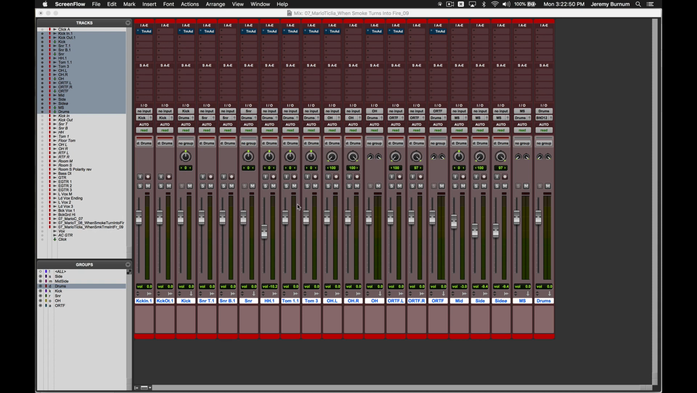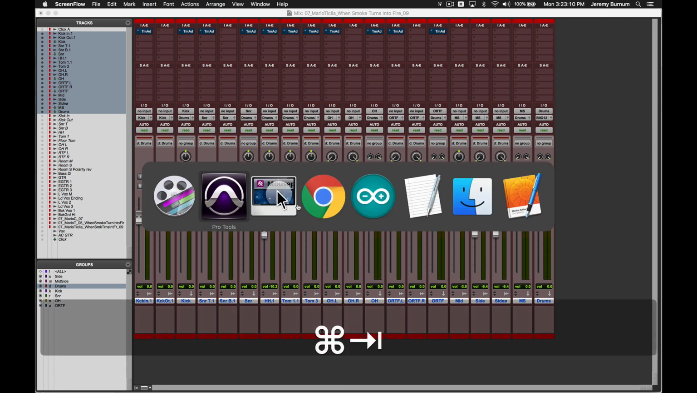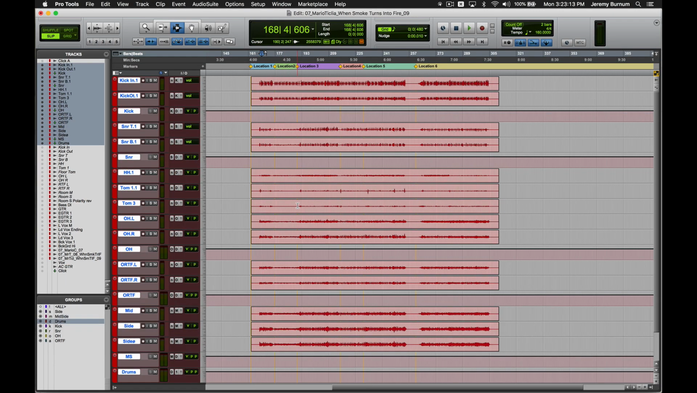For this exercise, we're going to listen to the drums with and without phase correction, as well as polarity correction. I wanted to play back the example of what this process does first before I go through the steps. So right now I have a session with the process completed, and if you look here, these are the drums